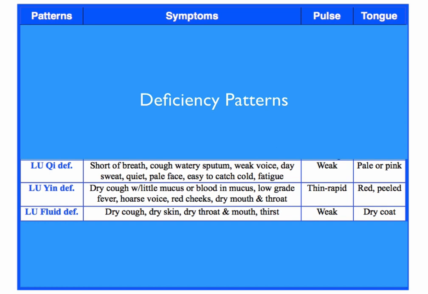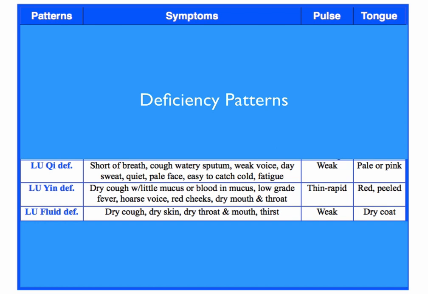With lung fluid deficiency, or lung body fluid deficiency, it's all dryness, right? So dry skin, because of course, lung is in charge of skin. So the skin is very dry. Dry cough. So this is a dry cough that starts to really irritate the bronchiole, because the person's coughing a lot for a long period of time. And so it's really irritable because it's so dry, right? And then dry throat, dry mouth. And of course, thirsty as well, because this person is body fluid deficient, right?